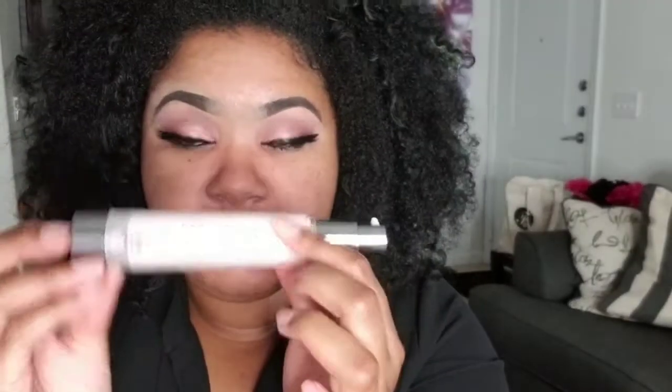the last primer is going to help with these pores. You probably can't see them, but they are there. So I use the Urban Decay Optical Illusion Blurring Primer. I feel like